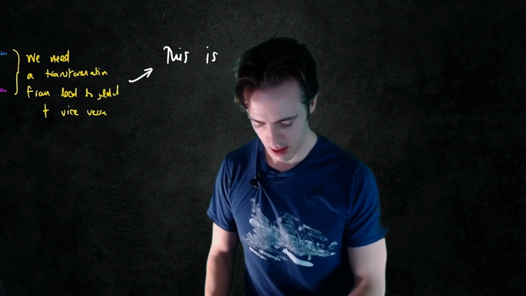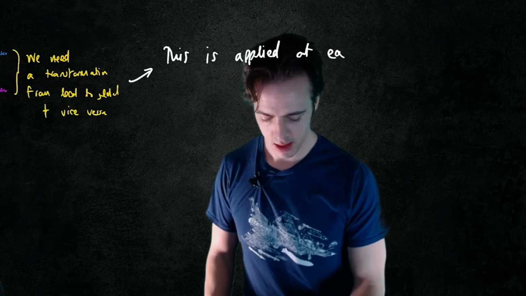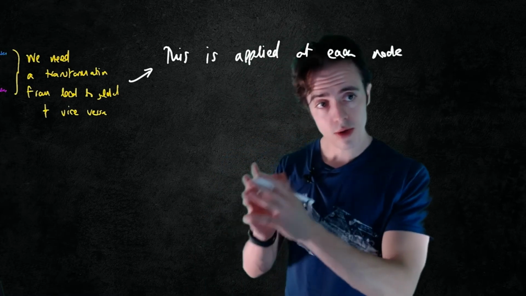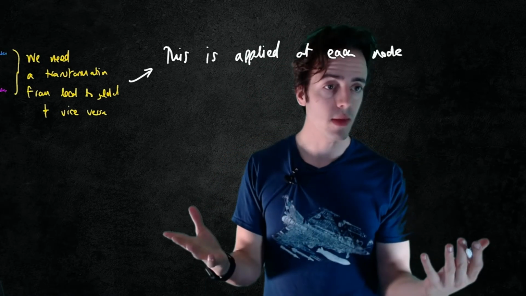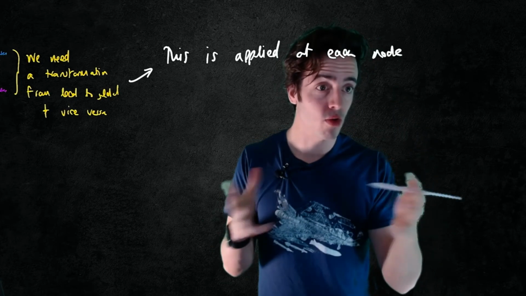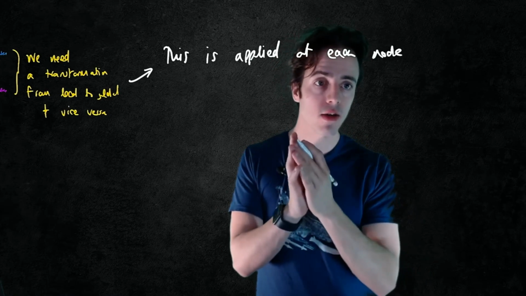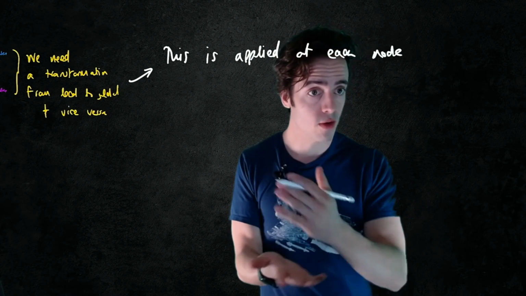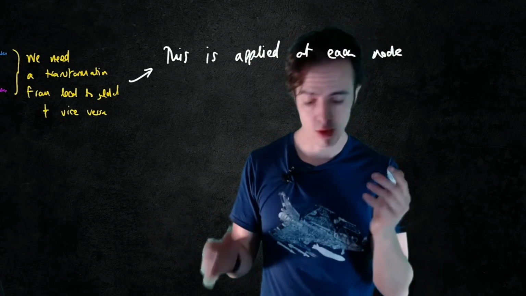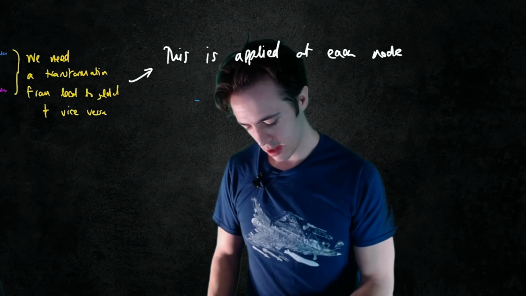This is applied at each node and converts from those local displacements that are actually just defined in terms of elongation and then this other deformation that's sort of just normal to that deformation to deformations that are still just pertinent for those nodes 1 and 2 of that element, but are then aligned with the global x and y of our whole coordinate system. So we can say that